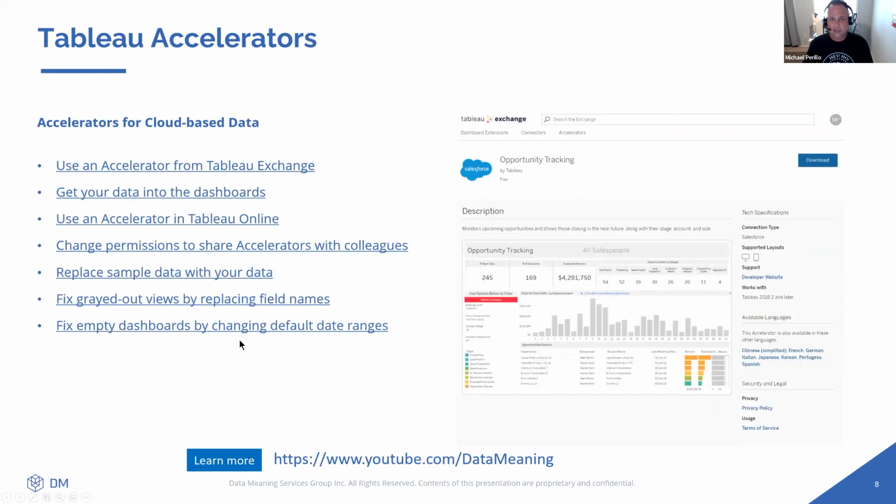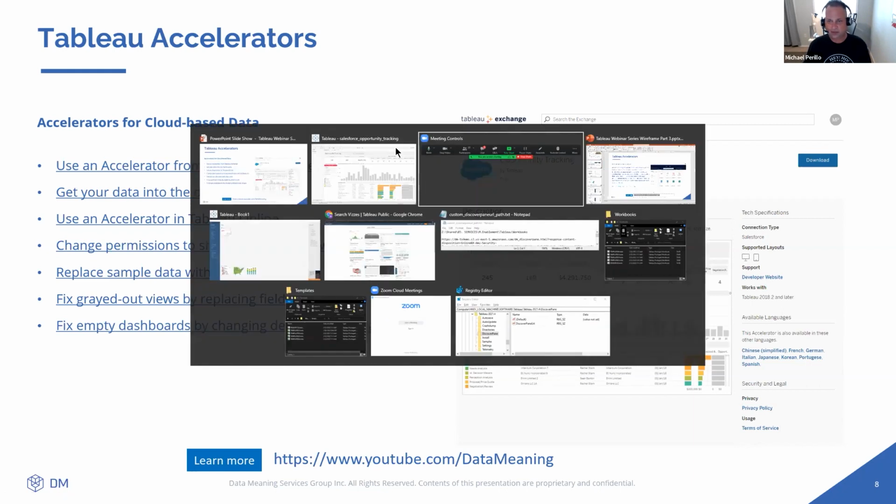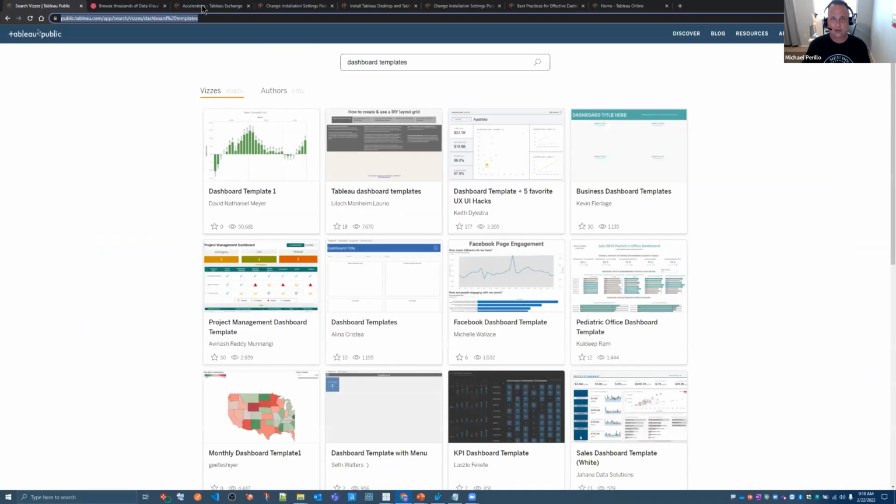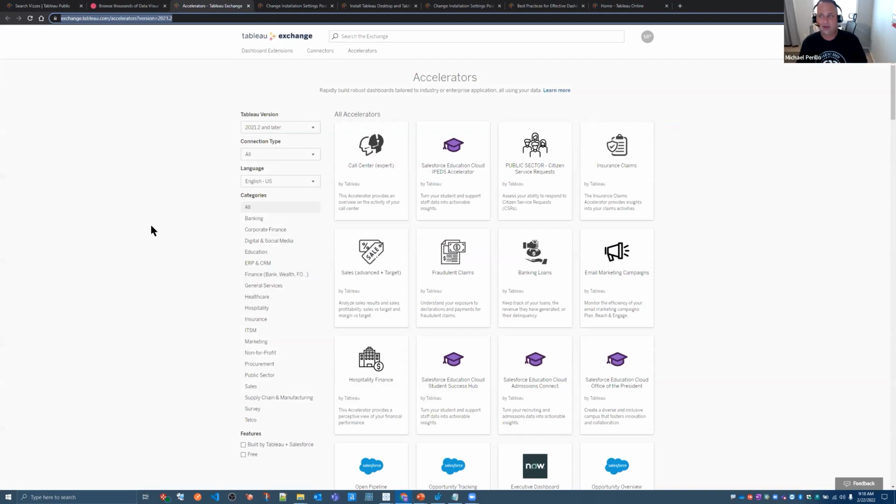So let's take a look. There's a couple different ways that we can approach this, and I'll see if I can flip over to the web. If you see my screen okay, I'm actually at the Tableau Exchange right now, exchange.tableau.com. We can see we've got our dashboard extensions, connectors. We're not necessarily concerned with those. The accelerators, again, this is a rebrand of what the dashboard starters used to look like. This will evolve over time to allow more of the partners to publish their content,